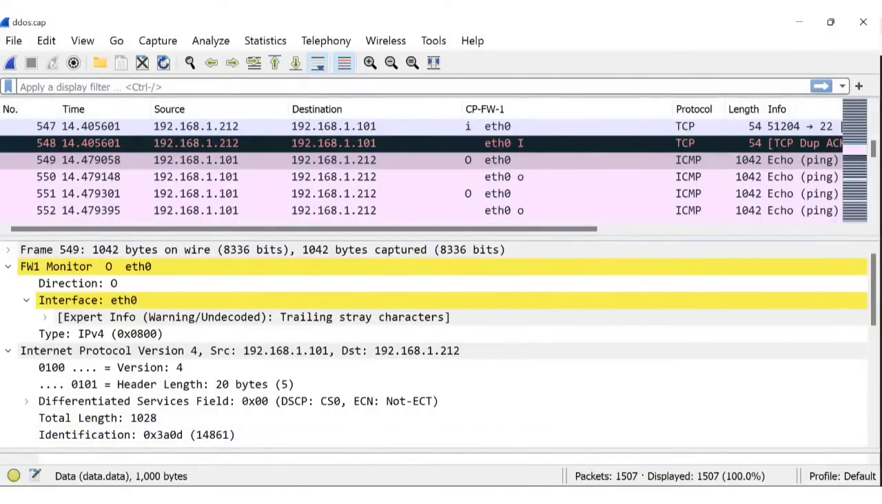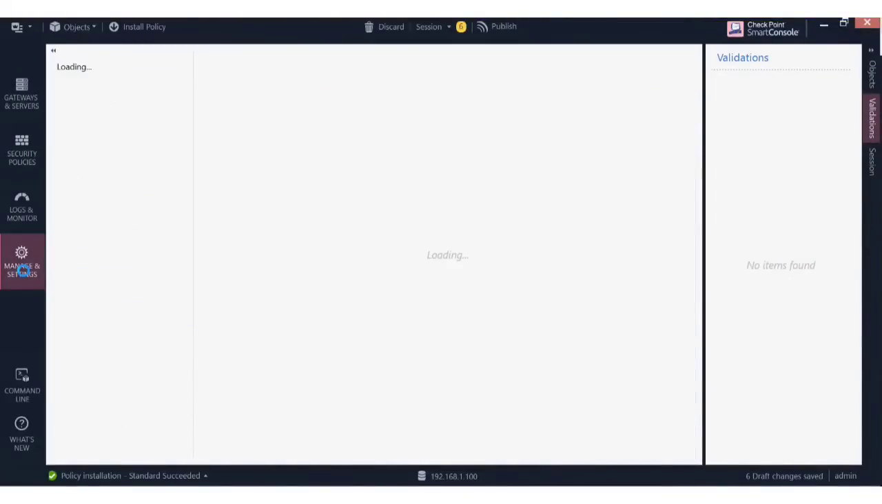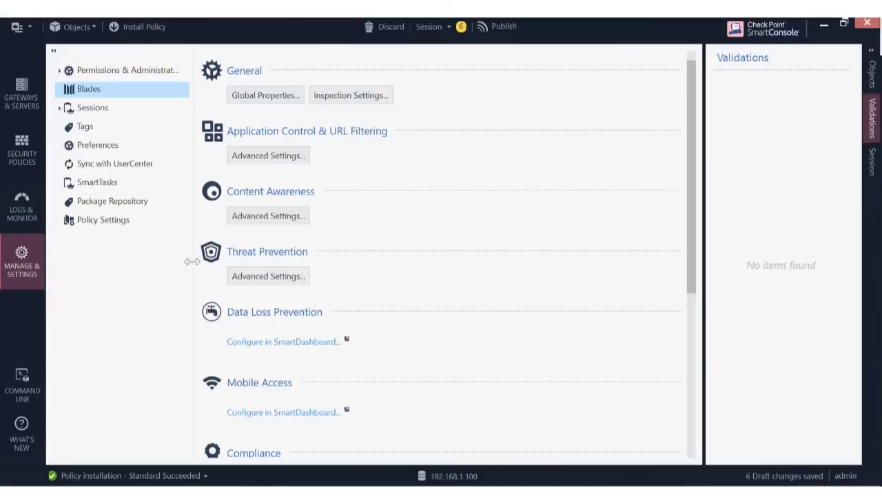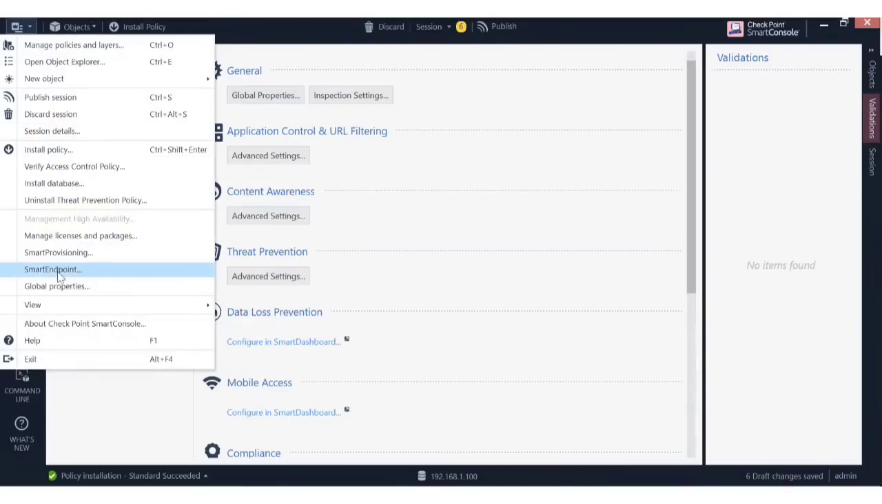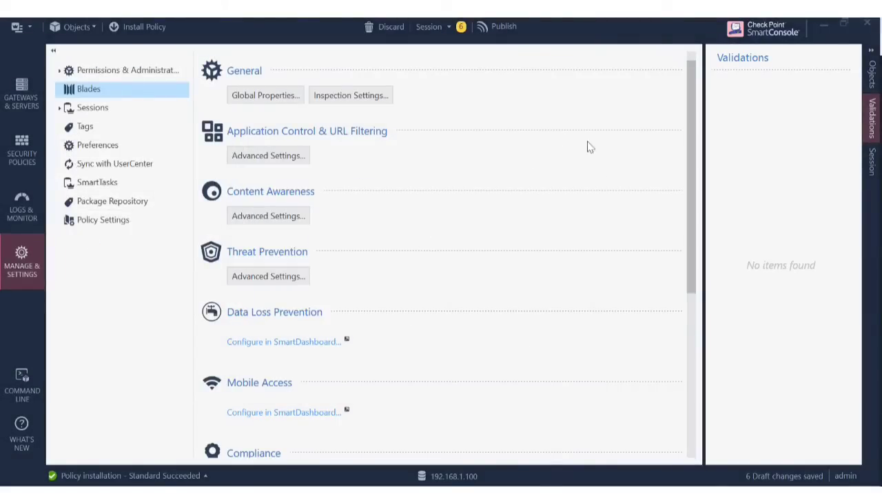Now, let's come to the licensing part. You already know this, but I just wanted to show you one more time. There is something called managed licensing packages. When you go there,